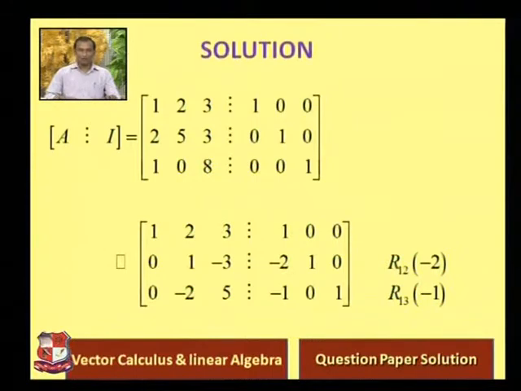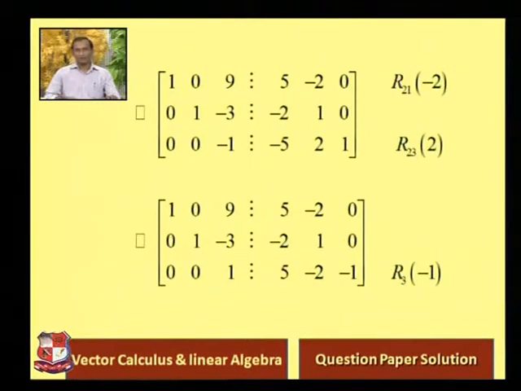Now in the third row, R3 → R3 − R1. That means first row multiply by minus 1 and add in the third. So we get 0, minus 2, 5, and in the identity matrix minus 1, 0, 1. Now the next step is